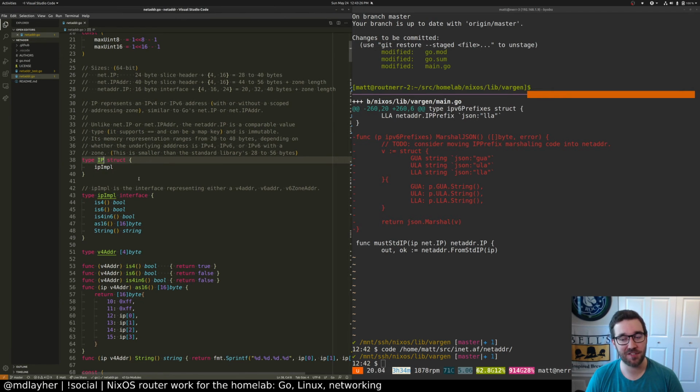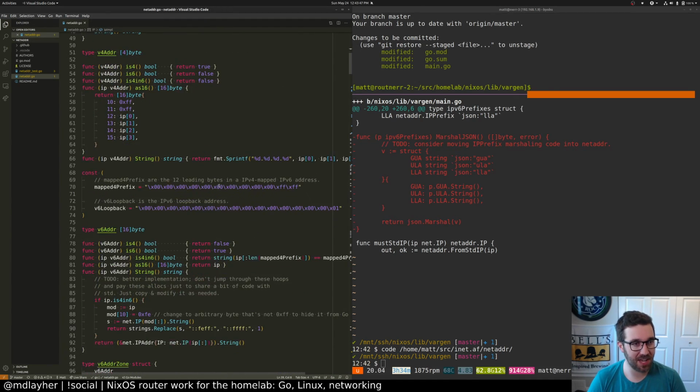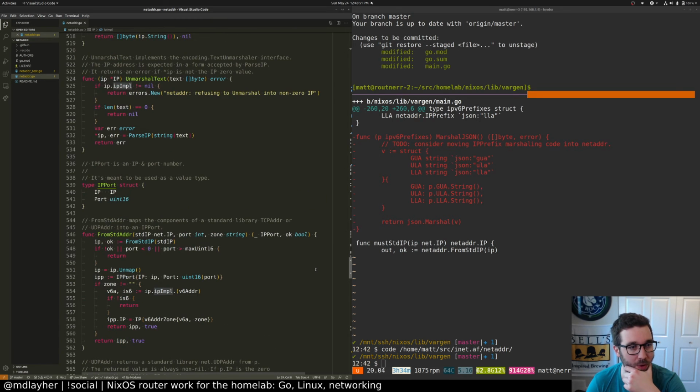So we have this IP structure, and then we have this IP impl. The underlying concrete types for the V4 and V6 addresses are now different instead of being byte slices. This lends itself nicely because, for example, a V4 address can now be 4 bytes instead of 24 bytes, which would be the slice header plus 4 bytes, or plus 16 bytes for the 16-byte representation. So this is an alternative take on an IP address package. It's pretty cool, but what I wanted to show you all was